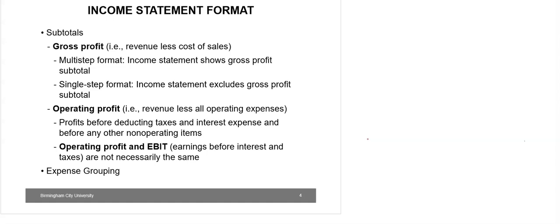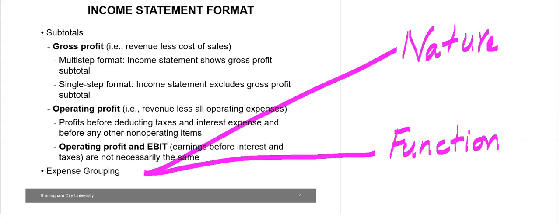Expenses may be grouped together either by their nature or function. For example, grouping together expenses such as depreciation on manufacturing equipment and depreciation on administrative facilities into a single line item called depreciation is an example of grouping by the nature of the expense. On the other hand, grouping by function would be grouping together expenses into a category such as the cost of goods sold, which includes all the expenses related directly to the sale of the goods.